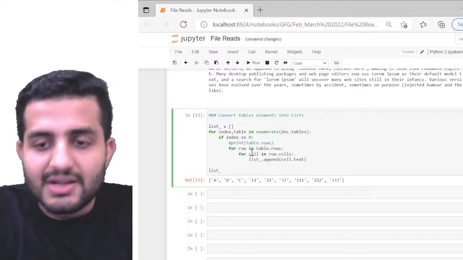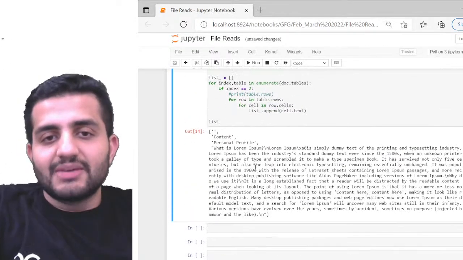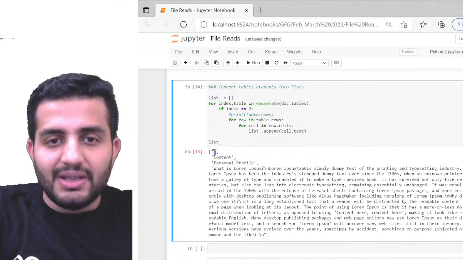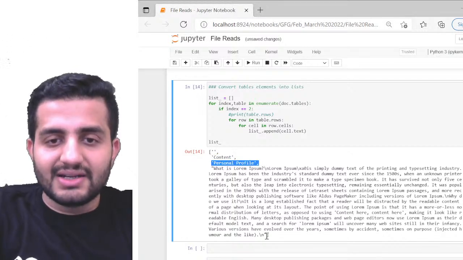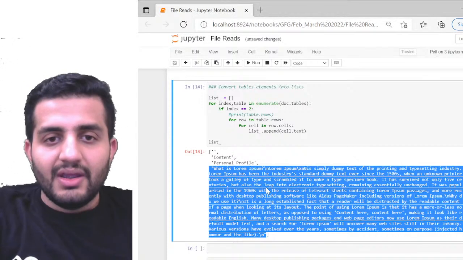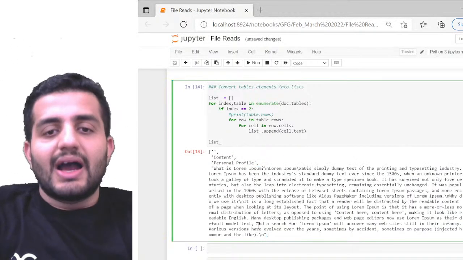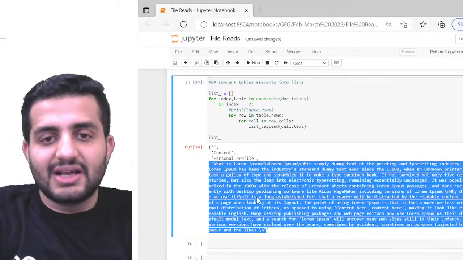Likewise for all the tables, for example, suppose table 2, right? Can you see this? I have this table 2 content here. So the first cell will be blank. The second cell will be my header name, quad content, and then I'll have my personal profile, and then this entire thing on top of my actual fourth cell value, right? Now I want to access the content which is there in another personal profile.